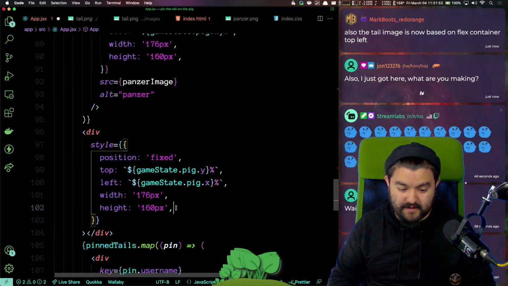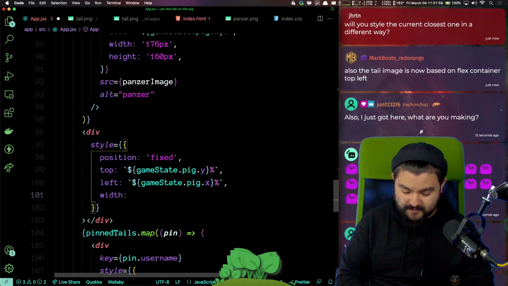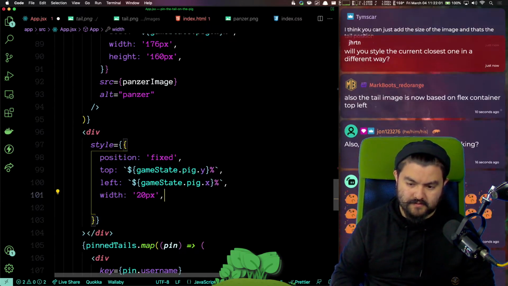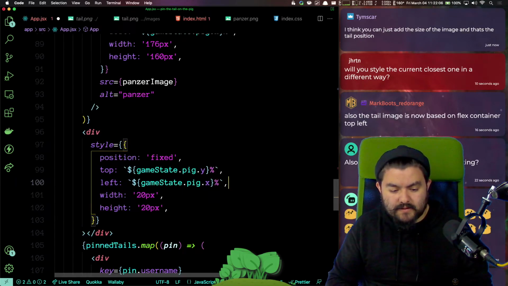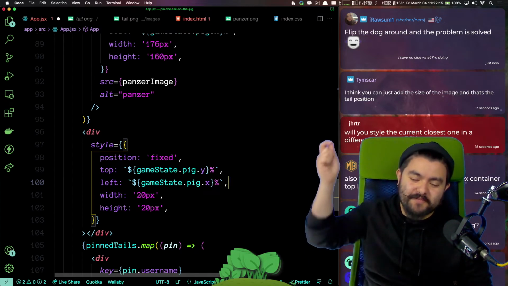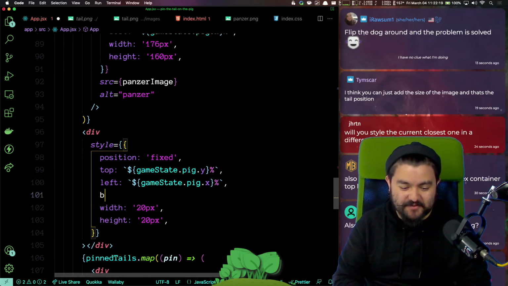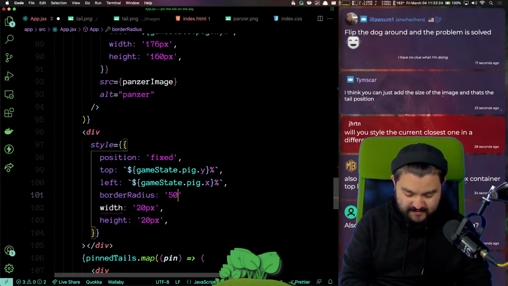It's going to have a width of 20 pixels, a height of 20 pixels, and then we'll do a border radius of 50%.